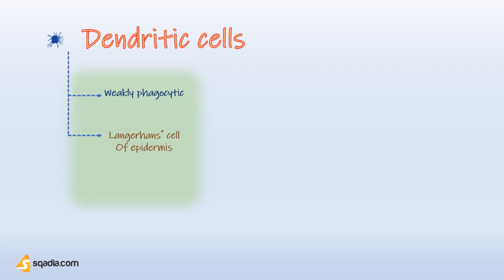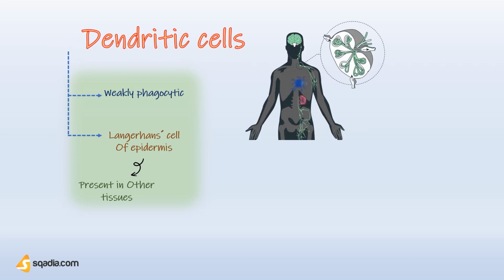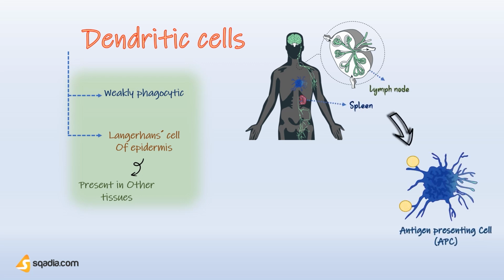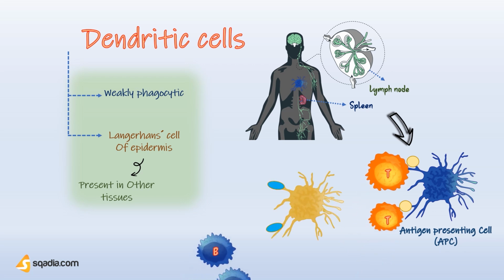Among phagocytes, lastly come dendritic cells. In comparison to macrophages, dendritic cells are weakly phagocytic cells, often called Langerhans cells of the epidermis. But they are not present only in skin epidermis. Somewhat similar cells are also present in other tissues. They migrate through the lymphatic vessels or blood to lymph nodes and spleen, where they act as antigen-presenting cells and cause stimulation of T cells. There are separate follicular dendritic cells for presenting antigen to B cells as well, that are specialized in trapping antigen-antibody